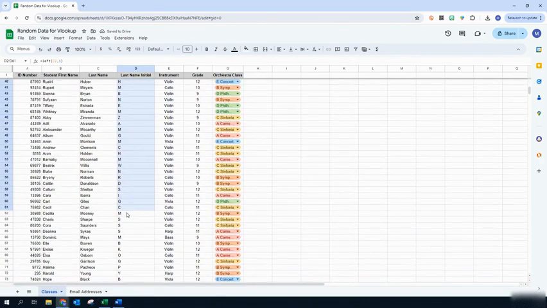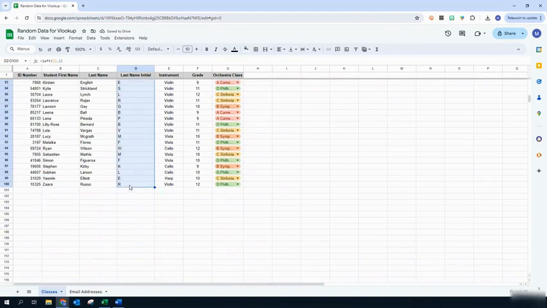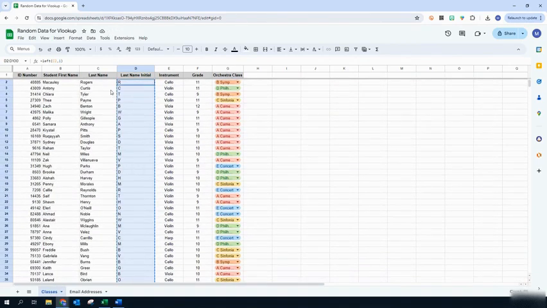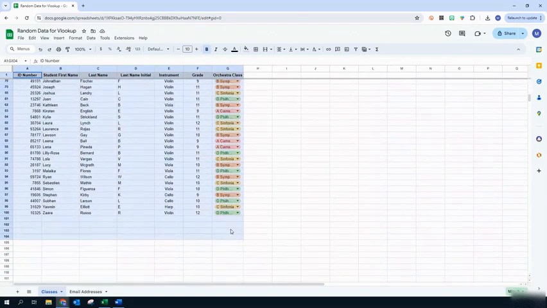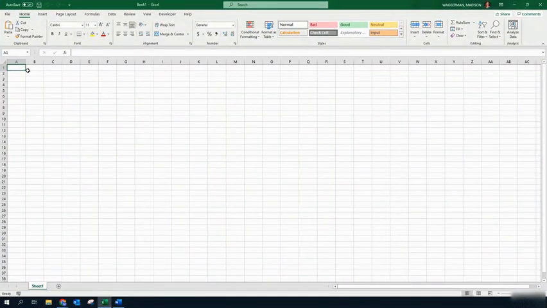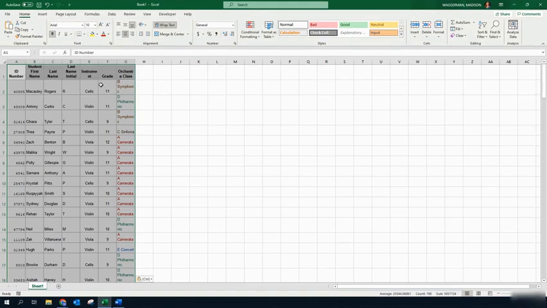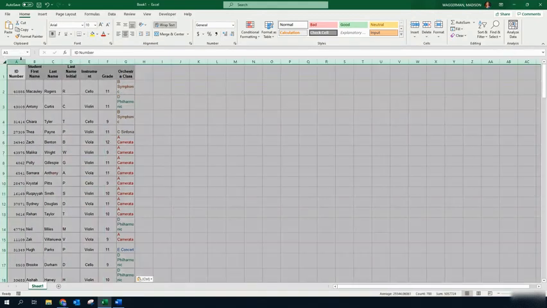And again, for Google Sheets, a lot of times it's a good idea to copy and then do Control-Shift-V, so it's just the data without a formula. Okay, so now to get ready for a mail merge, I'm going to copy all of this into an Excel sheet because that's how Word communicates. So I copy all of that into an Excel sheet